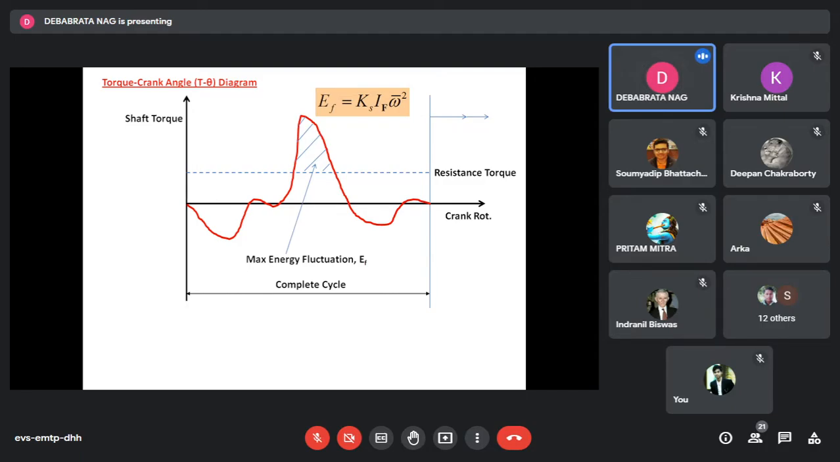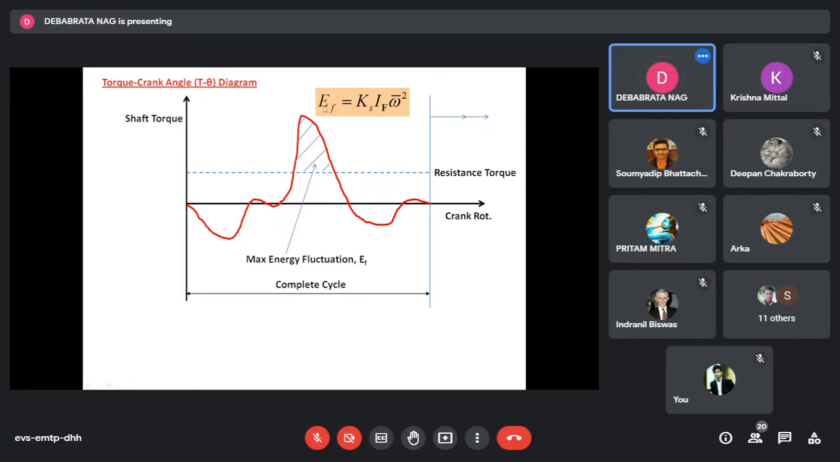Okay. I indicates the mass moment of inertia of the flywheel. So this area is not under my hand. It's not under my control. Correct. It depends upon the geometry of the engine, the geometry of its moving parts and all. So given this EF, which is termed maximum energy fluctuation,